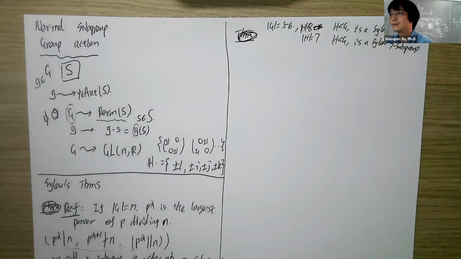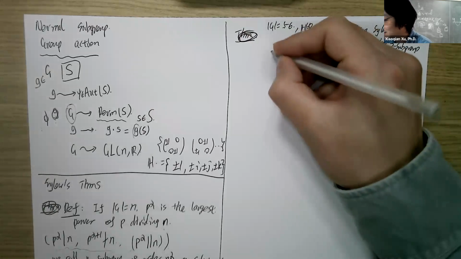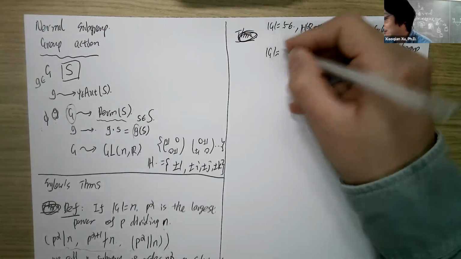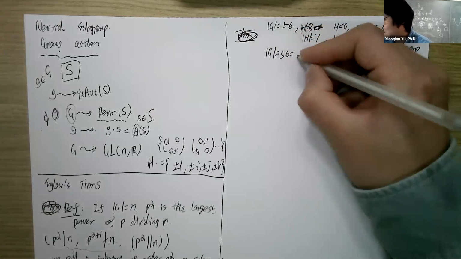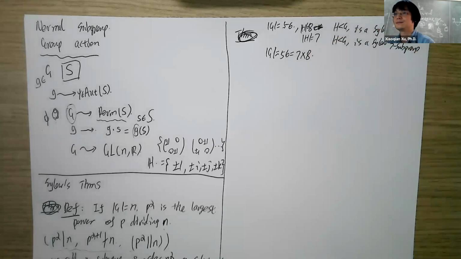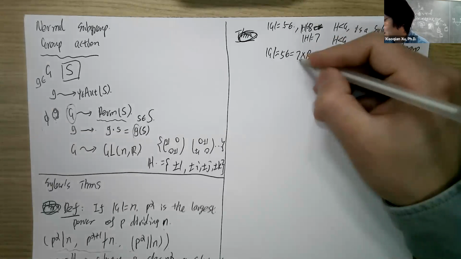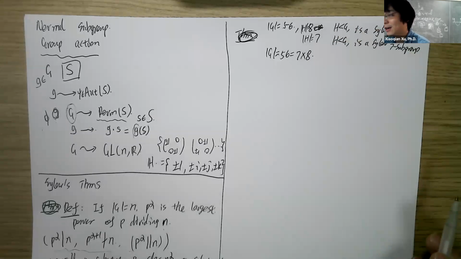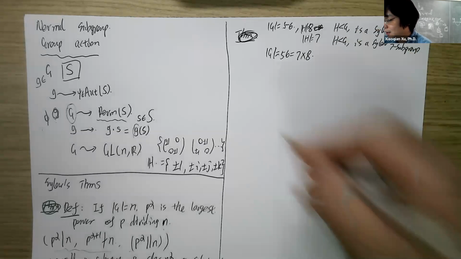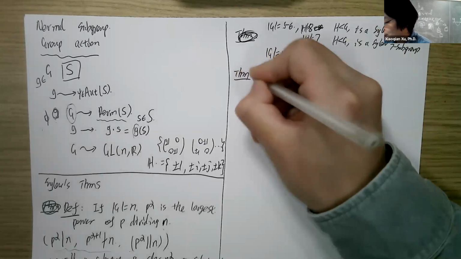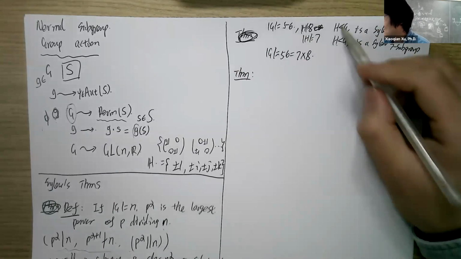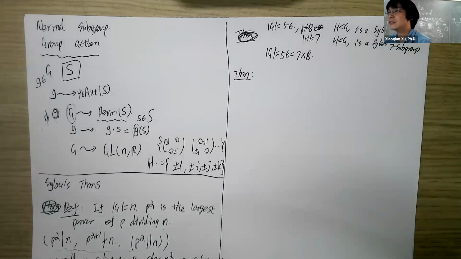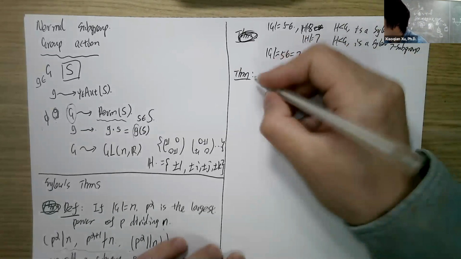I think this is very easy to see because 56 equals 7 times 8. So 7 only has power 1, and 8 is 2 to the power 3. As long as we can find this kind of subgroup, it is a Sylow p subgroup. Then the theorem is,